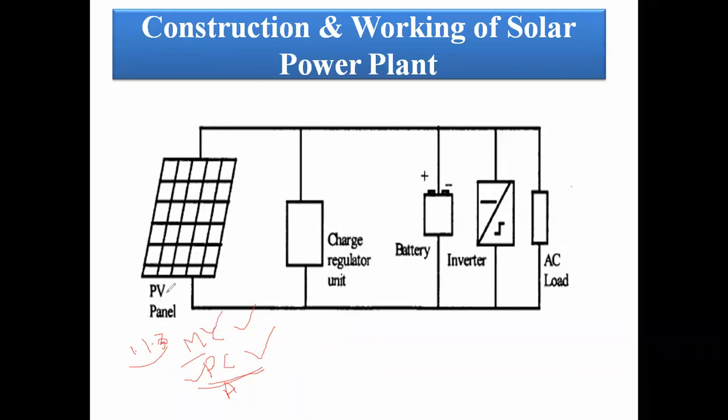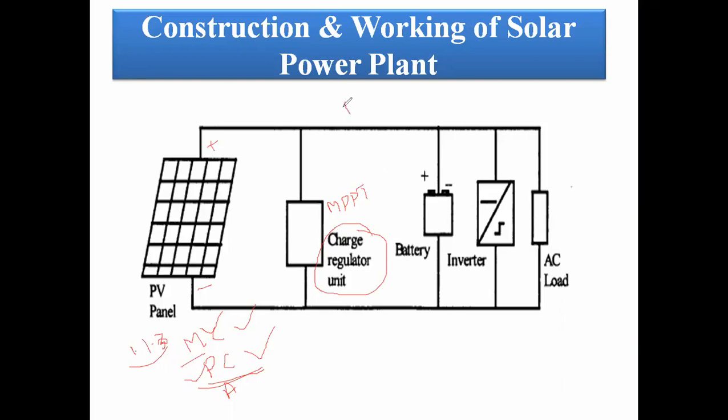The PV panel used here is the polycrystalline photovoltaic panel. It consists of two terminals: one positive terminal and another negative terminal. The output of the PV panel is DC, which we can use to charge the battery with the help of a solar charge controller, also simply called the MPPT charge controller. MPPT means maximum power point tracker, to track the solar energy as much as possible.